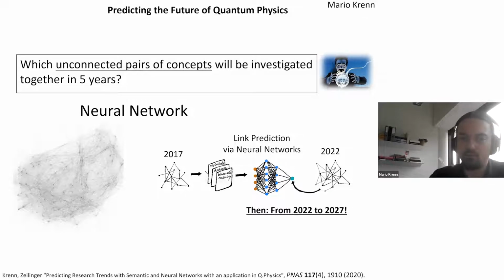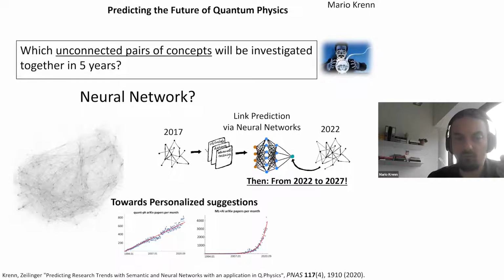And this is, of course, very interesting if we have a field that is exploding, where there are a lot of scientific papers. For instance, in the field of AI and machine learning, the number of papers is growing exponentially. So no researchers can read anymore what the field is working on. So we need to restrict ourselves to very small domains, and it's very difficult to go outside of this domain. So one of the ideas is to actually